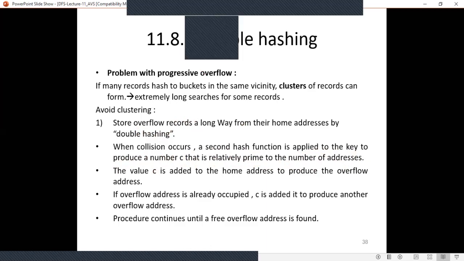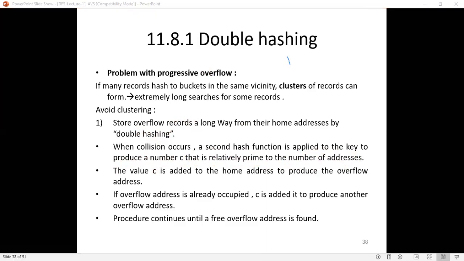See, in double hashing, you have a key, say K. Initially you will use one hash function to generate an address, that is the home address. H1 of K, if I say, will generate some address.